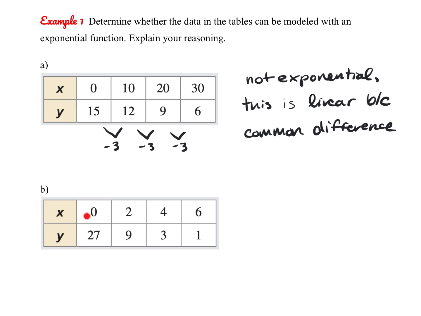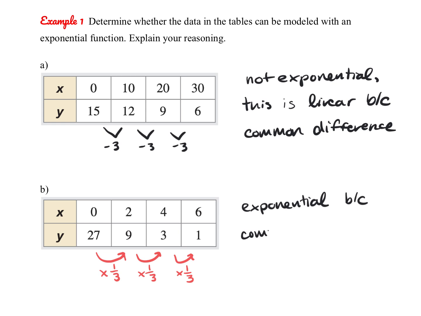But if you look at this second one, we do have that common change in x, so +2, +2, +2. Let's see what's going on here. To go from 27 to 9, we could say we're subtracting, but we could also say we're dividing by 3. 9 to 3, we're dividing by 3. 3 to 1, we're dividing by 3. But each time we're going to want to phrase it as if we're multiplying. So instead of saying dividing by 3, let's say we're multiplying by 1/3. So here you can see that we have a common ratio of 1/3. So this is exponential. And our justification would be because there is a common ratio